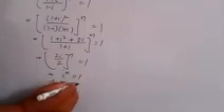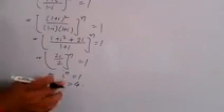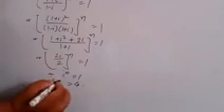So what is the least positive value of n for which i to the power n is equal to 1? Yes, you have 4. Here n is equal to 4 is the least positive value, because you know i to the power 4 is equal to 1, which is the least positive number. Okay, write it: this implies n is equal to 4. Note it.